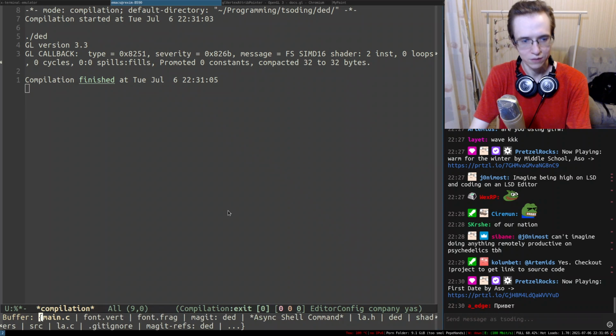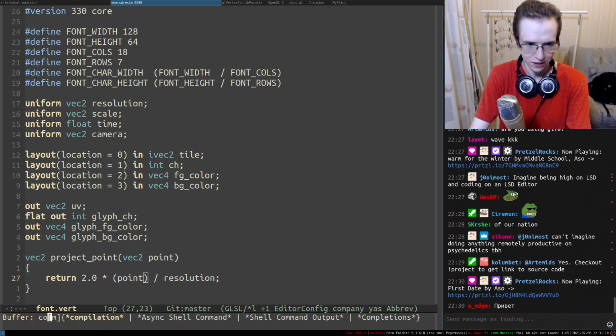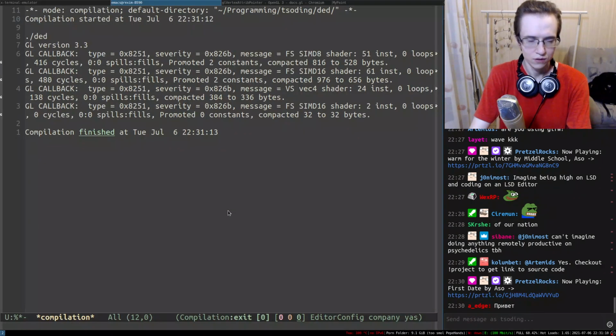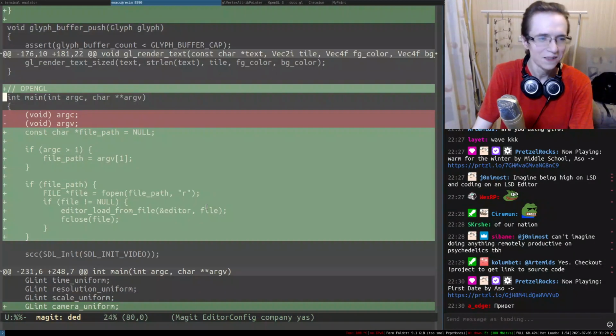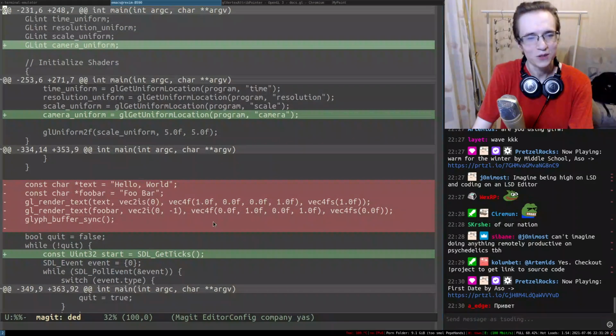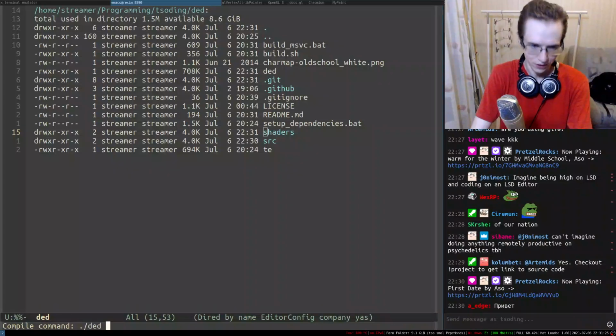And something went completely wrong. I don't know what exactly. So if I don't subtract the camera, what's gonna happen? Something, wait, what happened? I didn't even do anything. What the fuck? I didn't do anything special. I'm an idiot. Okay, everything's fine. I should open with a specific file.